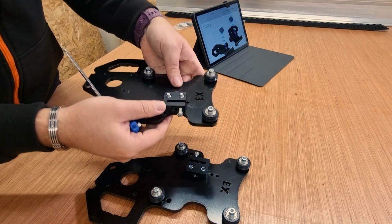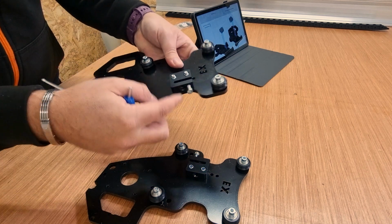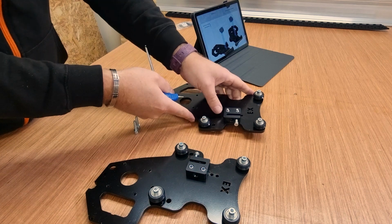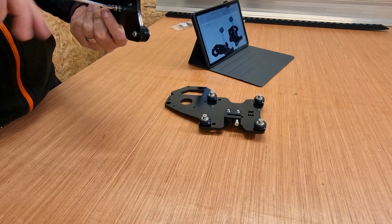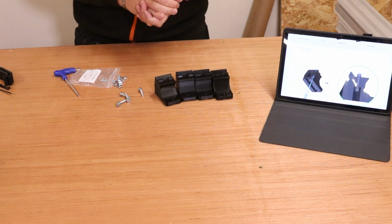Same principle as before, you want them tightened up, but you still want to leave just a slight amount of play in them when we put the lead screw through a bit later. Done the one, we'll move on and get the other one done. So once those backlash bolts have been put on, the Y plates can be put to the side for the